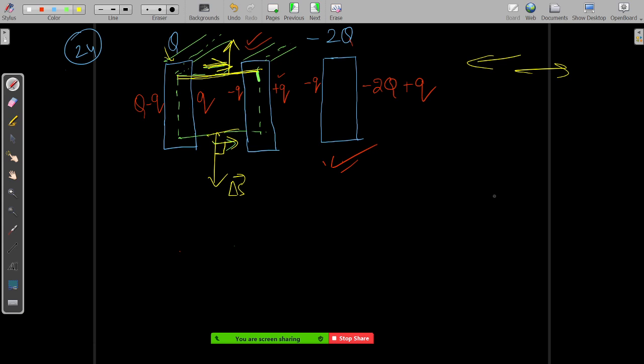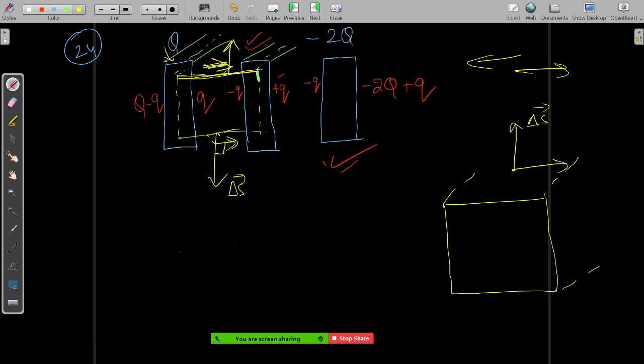So what I am trying to say is, this is the Gaussian surface I had drawn, right? So this surface is basically like this, going inside, 3D, right? So this surface, if you see, there are a lot of surfaces. The area vector is in this direction, and the electric field is in this direction. So the total flux at this surface is equal to zero, because it's 90 degrees. Similarly, the flux at this surface, the beneath surface, the downward surface, is also equal to zero.